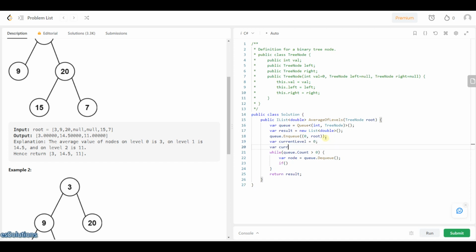So let's have something like current sum, and then let's have current count, so that we can calculate the average. That's what we use to calculate the average, the sum and then the count. Because I know that each level will follow each other, at the point when I see a different level, I know that I am to